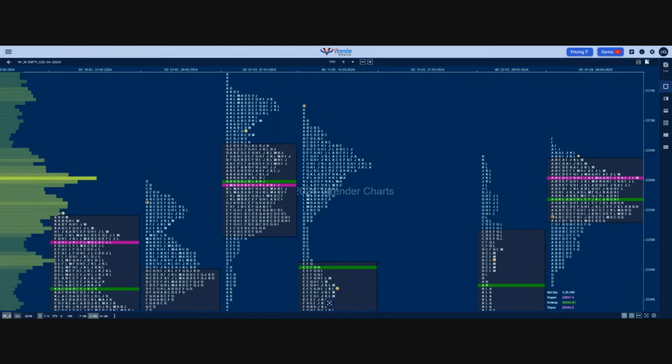So you have on screen the Nifty weekly profile chart. This is the weekly settlement chart. So weekly settlement is from Friday to Thursday. The chart you have on screen is from 1st April to 4th April. I'm just going to give a brief of what happened in the first week of April before we move forward to the latest